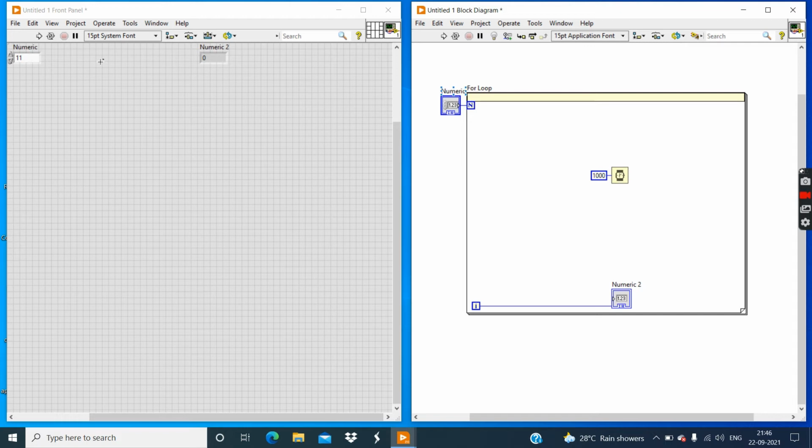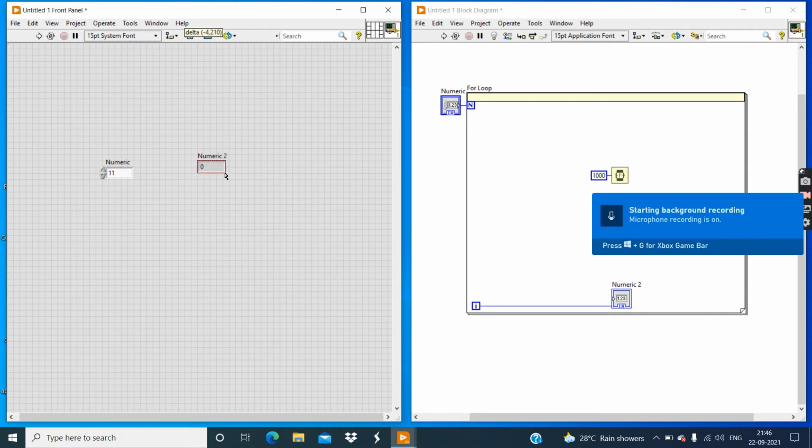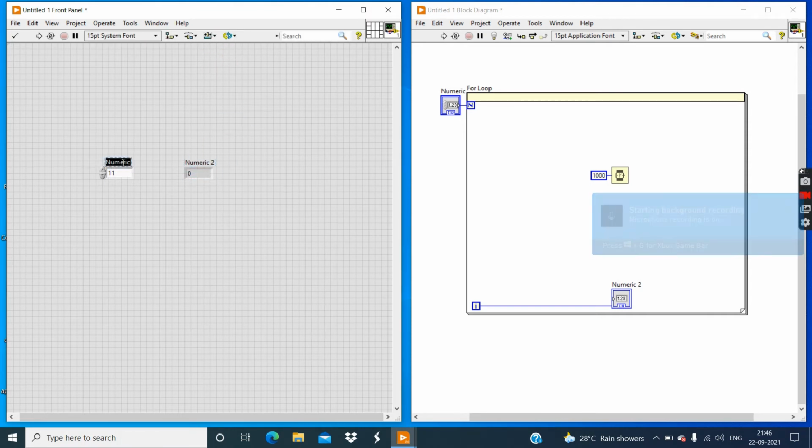Now change the position of this controller and this indicator. We know that this is the condition, so change the name to condition, and this is the iteration, so change the name to iteration.